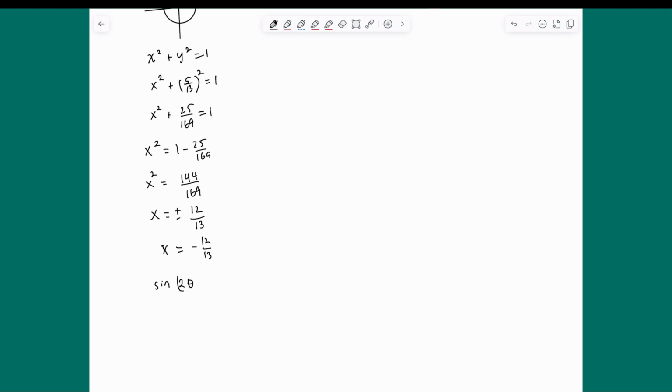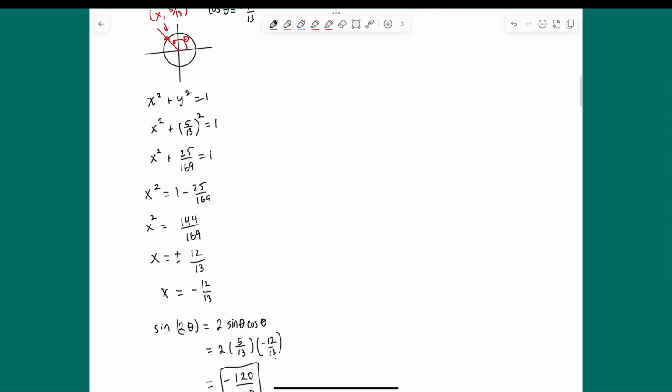If we want to find sine of 2 theta, we could use the double angle formula that we just derived. And so we know this is going to be 2 times sine of theta cosine of theta. So 2 times sine of theta, which we know is 5/13, times cosine of theta, which we just figured out to be negative 12/13. And so we get negative 120 over 13 times 13, which is 169. And so sine of 2 theta is